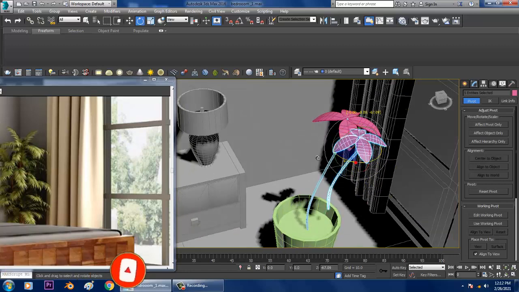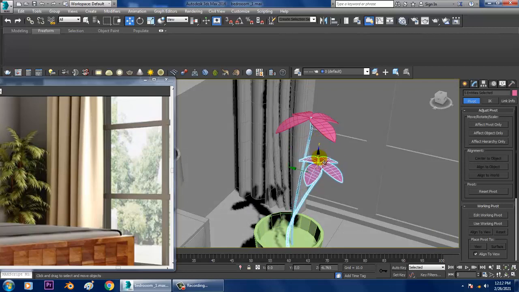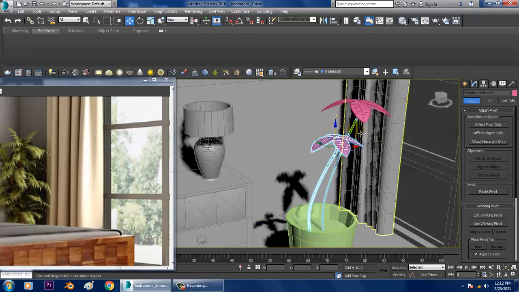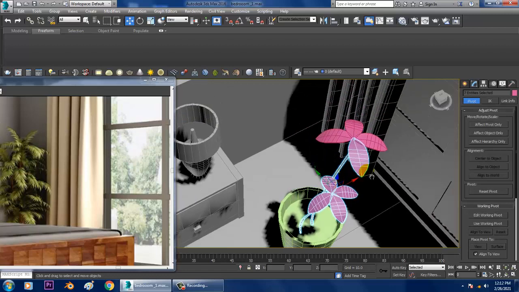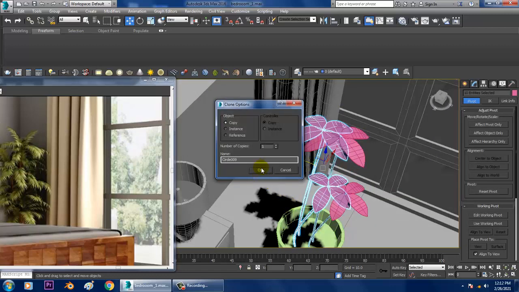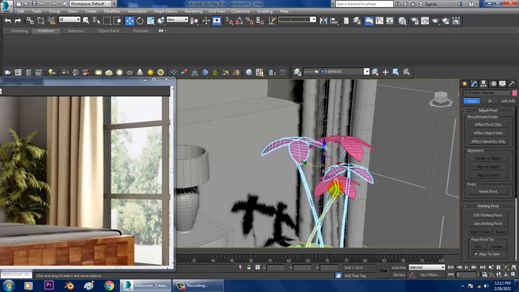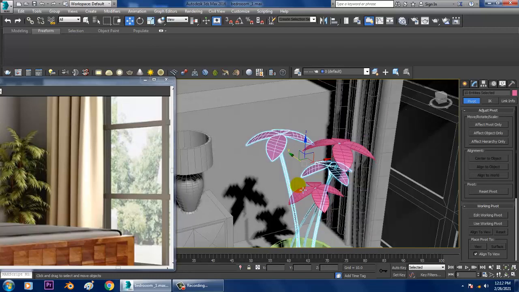So definitely that can be done. Again duplicate it, rotate it. That's it.